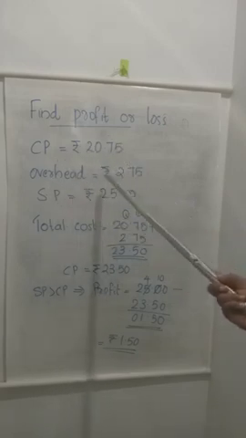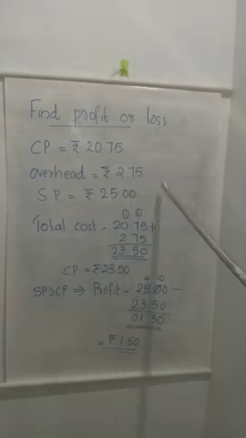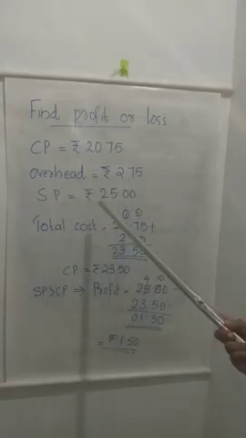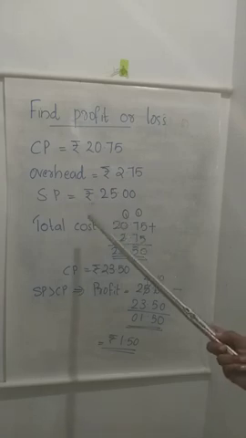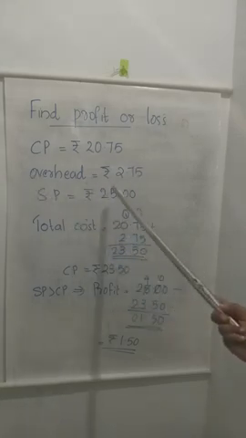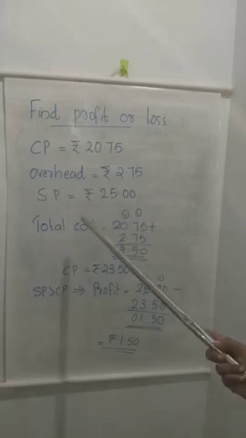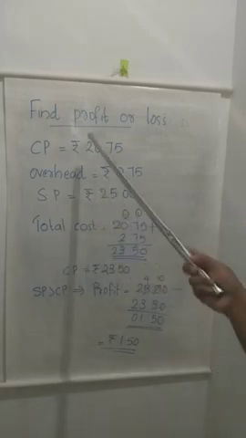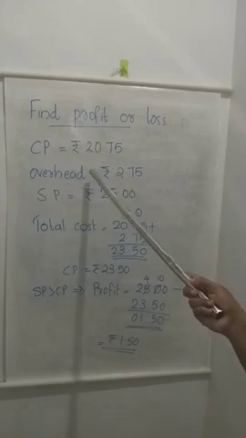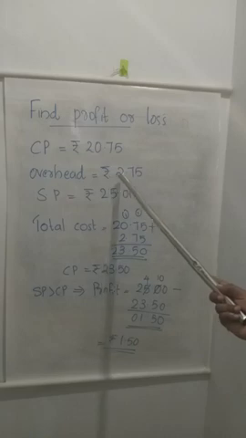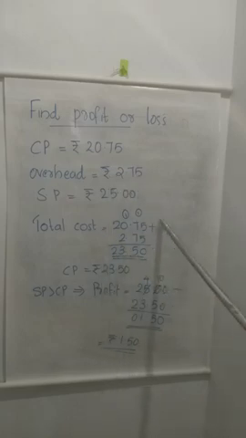Overhead is rupees 2.75 paisa. Selling price is given as rupees 25. So I said which is our first step. If overhead is there, we have to find total cost first. How we will find the total cost? Cost price plus overhead. So adding 20 rupees 75 paisa with 2 rupees 75 paisa we are getting